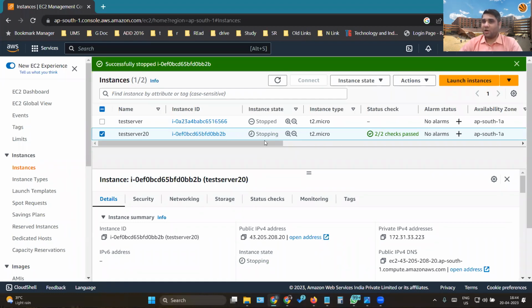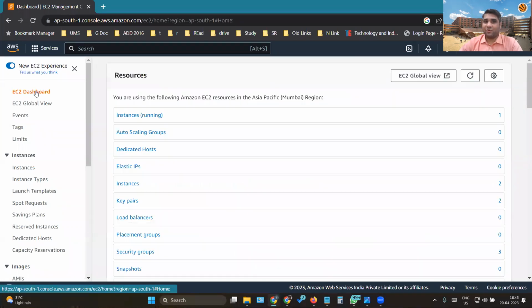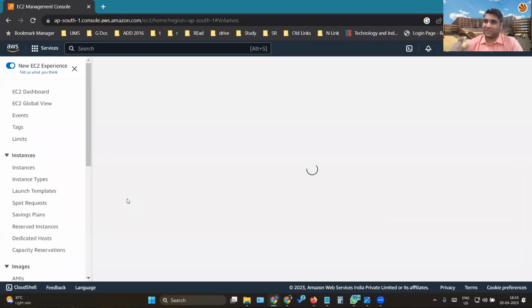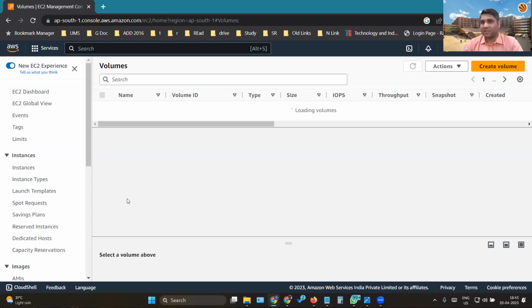The problem is, even after this, at times you might be charged because you still have certain services that you are using. The instance is stopped, but what I can see in my EC2 dashboard that I'm still using is the volumes. For key pairs, there are no charges, but as far as volumes are concerned, they are free for the first few hours, 750 hours or something, and post that, even in the free tier, they charge you.